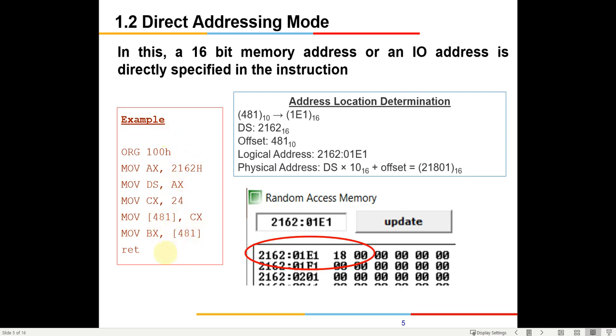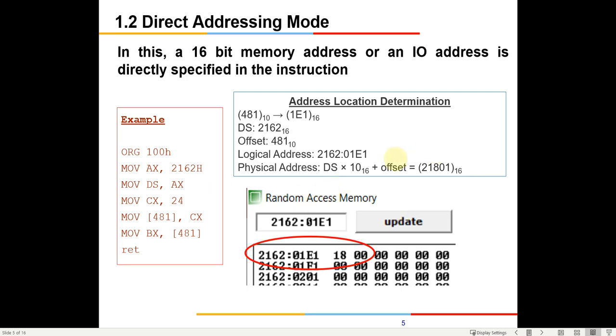Whenever we write it and don't write H, the compiler will automatically take it as a decimal value. So my suggestion would be not to use a mix of decimal and hexadecimal. Keep using hexadecimal everywhere. So this is the second task which you need to do.